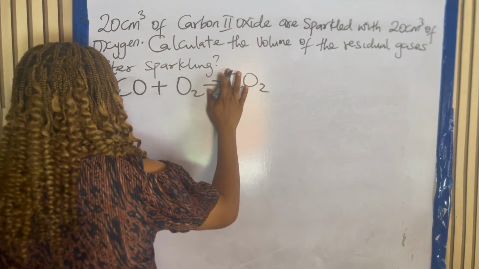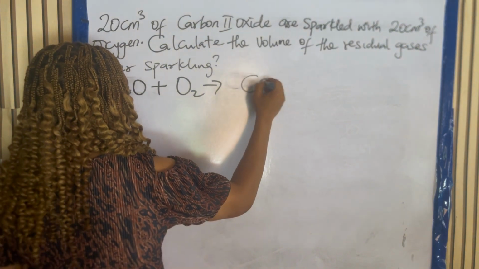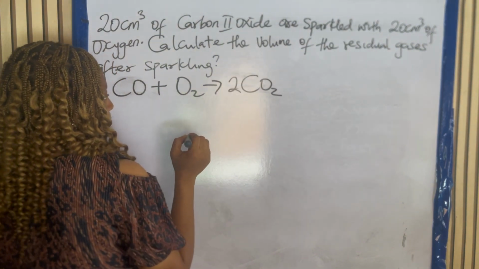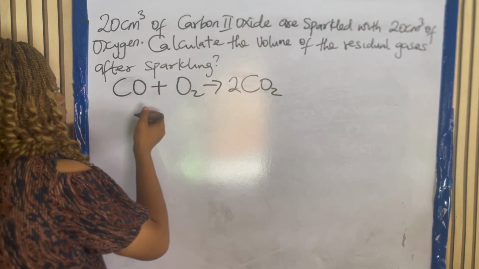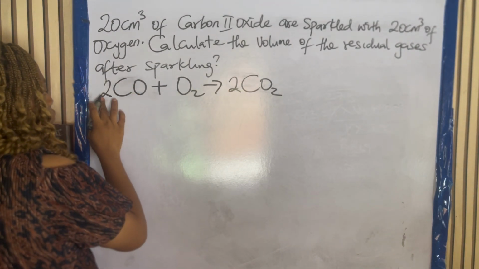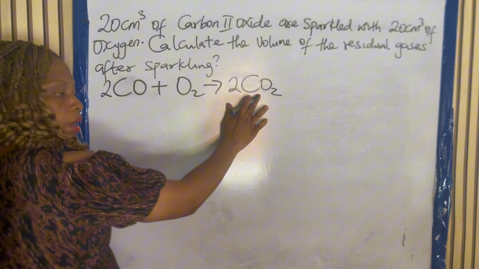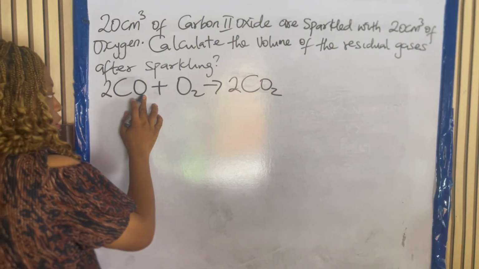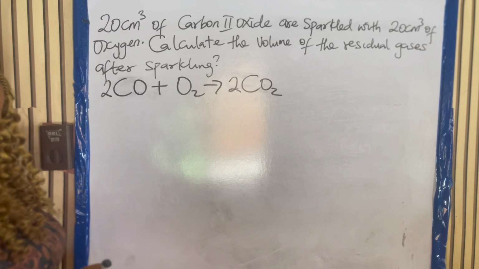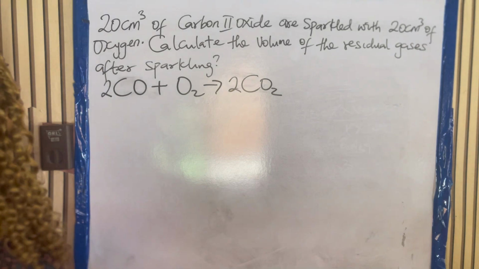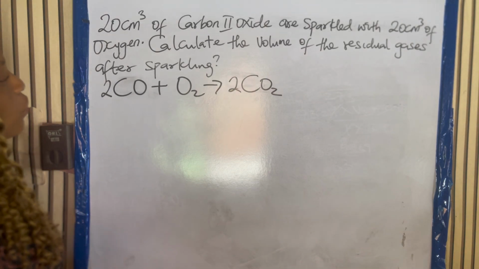If we put 2 here, 2 times 2, 4, 2 carbon. So if we put 2 here, it will be 2 carbon, 2 carbon. 2 oxygen plus 2 oxygen, 4. 2 times 2, 4 oxygen. It is balanced. Then the next thing we are going to do is